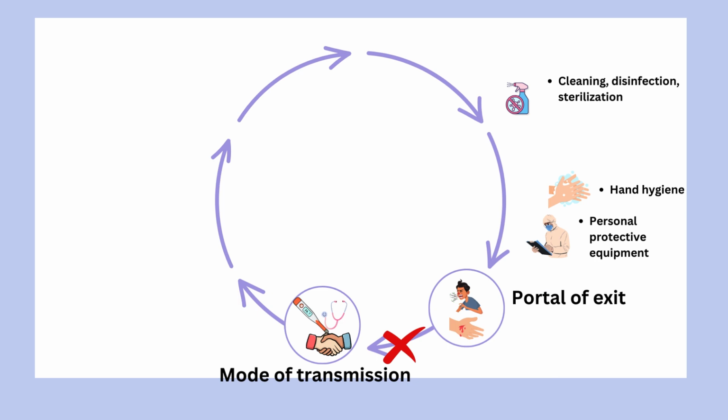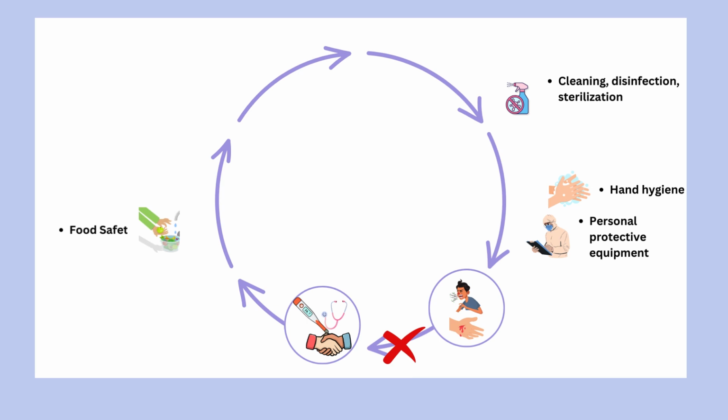As a next step, to prevent transmission, in addition to hand hygiene practices, proper use of PPE, and cleaning and disinfection of objects, food safety is also one of the preventive measures for food and waterborne disease. This includes ensuring proper handling, cooking, and storage of food to minimize the contamination risk. Regular hand washing and surface cleaning while preparing food are essential practices. On top of that, it is crucial to prevent cross-contamination by using separate cutting boards for raw meat and